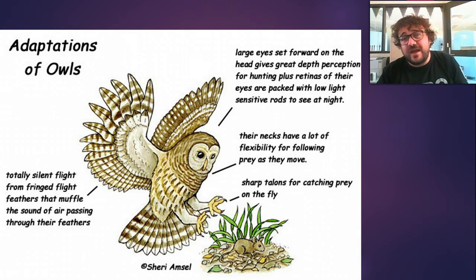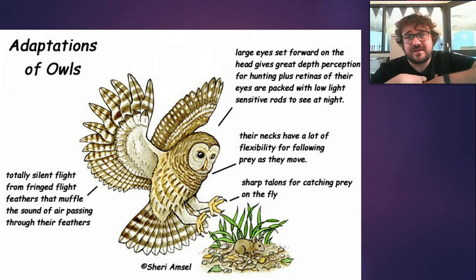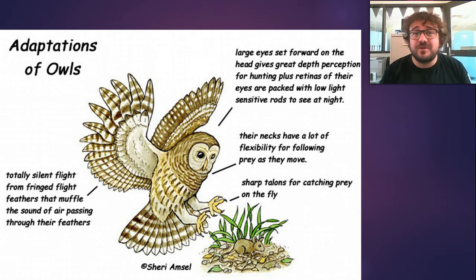So let's have a look at some adaptations of owls. For example, their eyes at the front. This has downsides, but when both your eyes are facing forward, it gives you depth perception. Now remember, we as humans, until about 6 million years ago, all lived in the trees, which meant we swung from tree to tree, which means we need forward-facing eyes. We need forward-facing eyes so we can tell how far away the next tree branch is, otherwise you fall and die. That's pretty important. All primates except for us and possibly gorillas pretty much spend upwards of 90% of their time in trees. And this is why we all have forward-facing eyes.